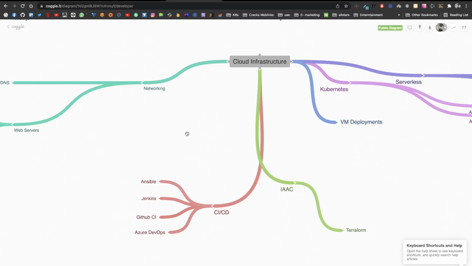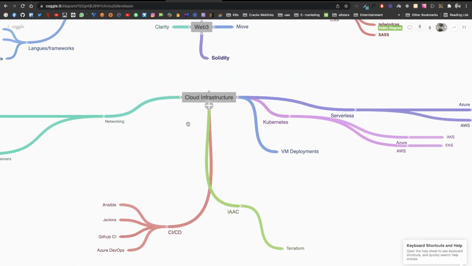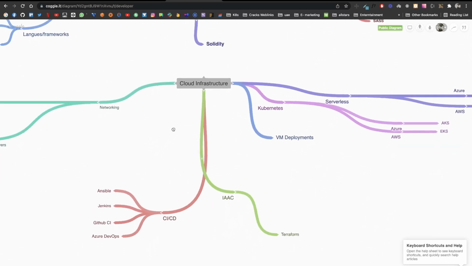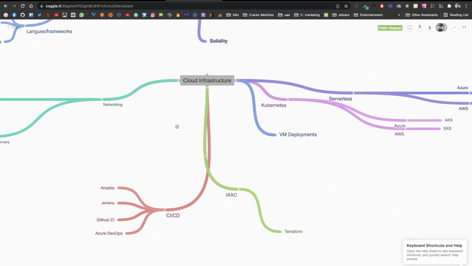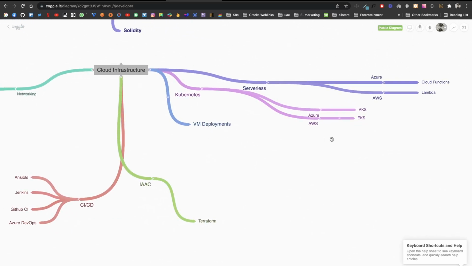For cloud infrastructure, start with the basics, that is, deploying your applications on the cloud. For example, you need to deploy your backend code on the cloud, and for that you need to understand how the cloud works and how you deploy your application to it. We have two big contenders in this market.